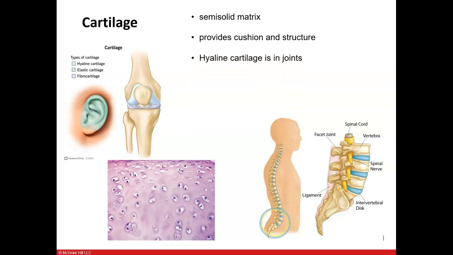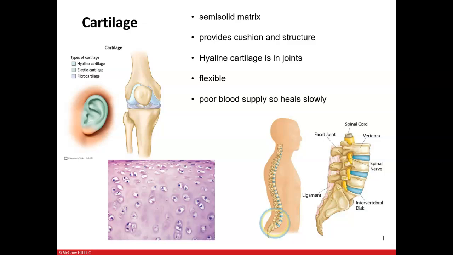This little diagram here shows you there's 3 different kinds of cartilage. The most common kind of cartilage is hyaline cartilage. That's the cartilage in our joints. And I just gave you that term because you'll probably see that term and know what it is. Cartilage is very flexible, like your ears and nose. One of the interesting things about cartilage is,